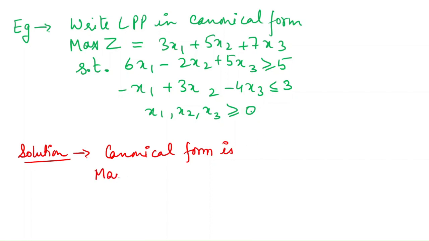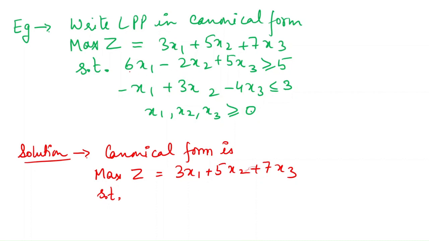So we have the maximization type, so the first characteristic is satisfied, so I will write it as it is. Then we talk about the constraints. The second characteristic was that the constraints must be either greater than or less than or equal to type. Because we are talking about the maximization, and a maximize objective function always has less than or equal to constraints, so